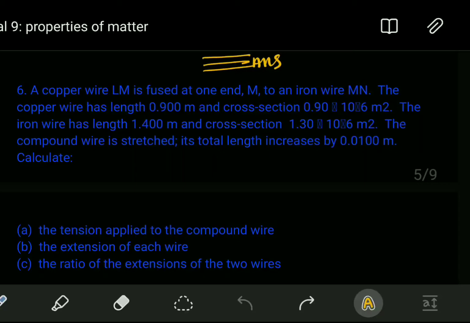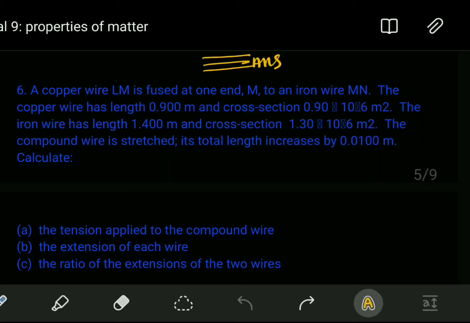They are fused, by the way. It's like you get a copper wire and an iron wire, then you attach them. They make one compound wire. Now this wire is being pulled. Okay, it's being pulled, and then the total length is increased by